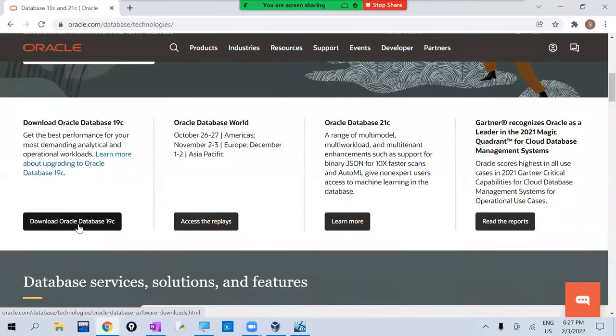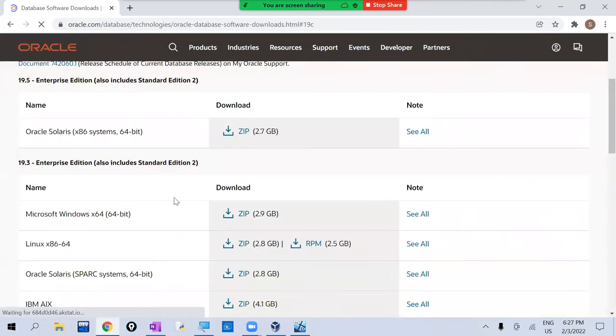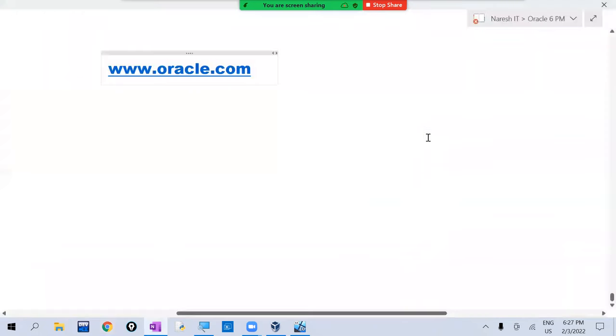Click on download Oracle database 19C. So directly it displays this downloads page. Or otherwise, in the notes,